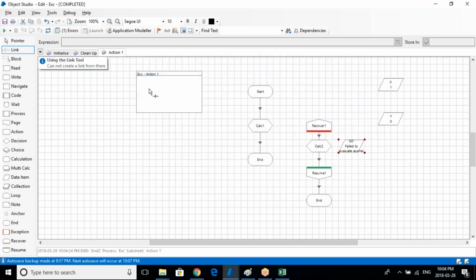Now whatever we are doing here is at object level. We are trying to capture the value which is coming out of this and fetch it. Now there is something called exception. This exception is not for recovery and resume, I mean, not for exception handling, but for when we want to throw an exception deliberately. Let's say there are scenarios where we specifically want to throw some exception and capture the value of the exception. In that case, we'll be using this particular exception. So if I use this exception here,